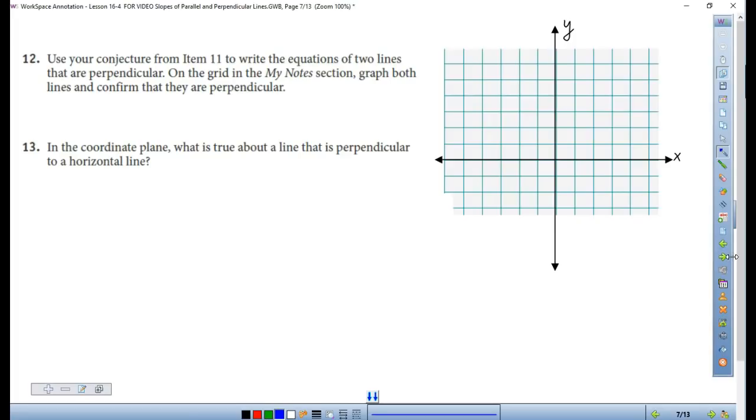All right. Use our conjecture from the last one, which is that perpendicular slopes are opposite reciprocals, to write the equations of two lines that are perpendicular. And then on the grid, in the My Notes section, graph both lines and confirm that they're perpendicular. All right, so it says we can write any equations we want. Write the equations of two lines that are perpendicular. So let's make an easy one. Y equals, let's say,